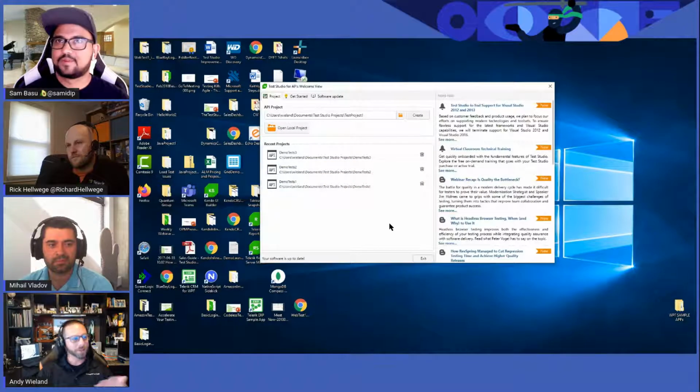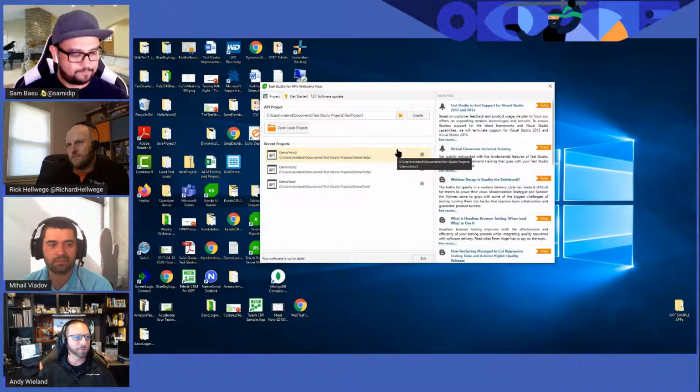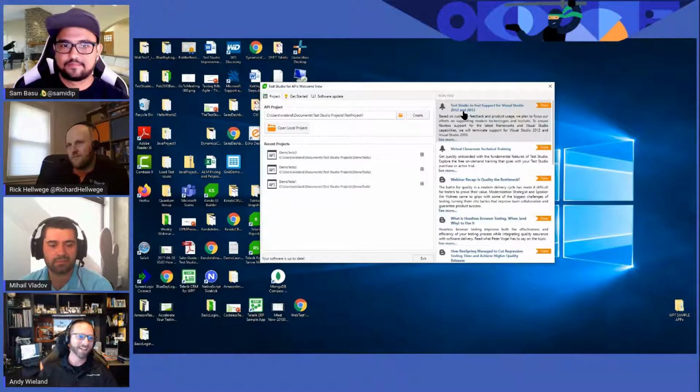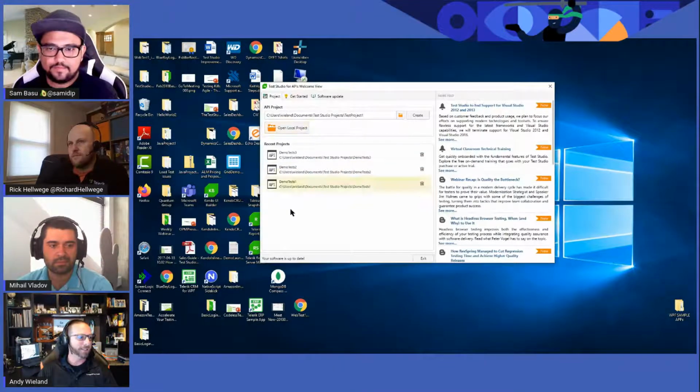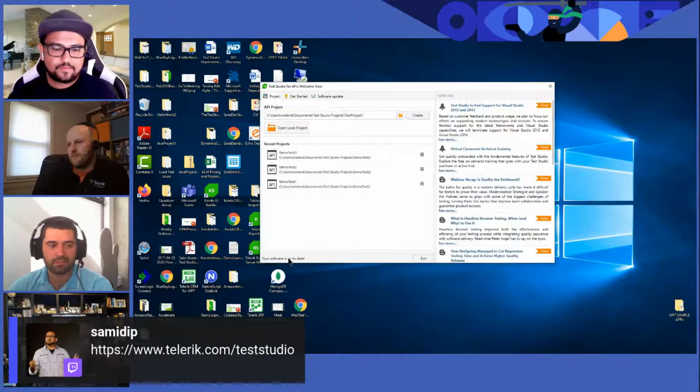And there's a couple cool things actually to point out on the startup screen. I mean, first of all, we do have a news feed. I'm sorry for folks that are still holding on to Visual Studio 2012 or 2013, but we are ending support for that. But yeah, you can see the news feed here of what's going on. There's a nice case study down here from RevSpring. I would definitely encourage people to look at your recent projects. And also what I like about this is it shows me my software's up to date.